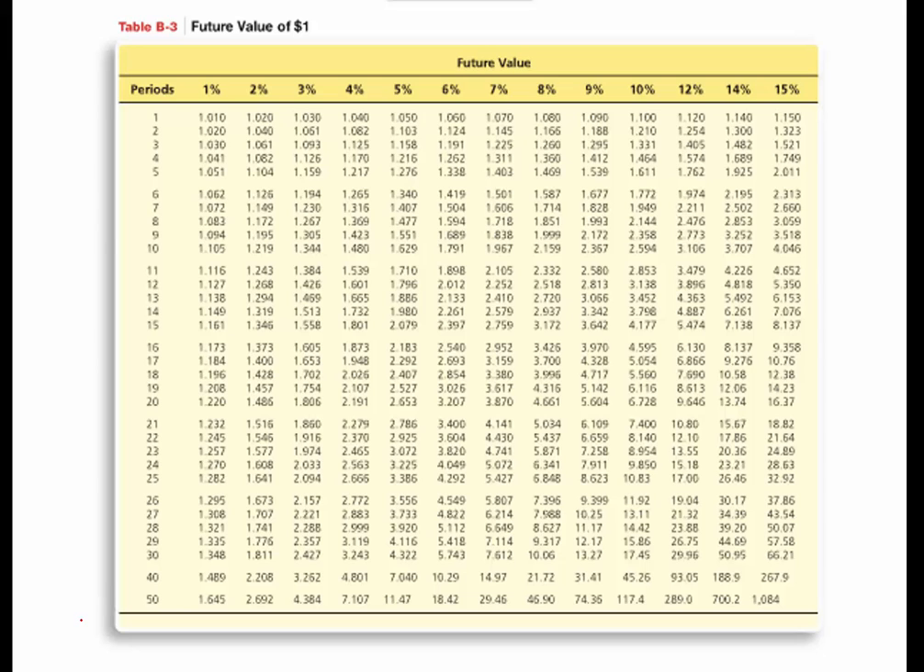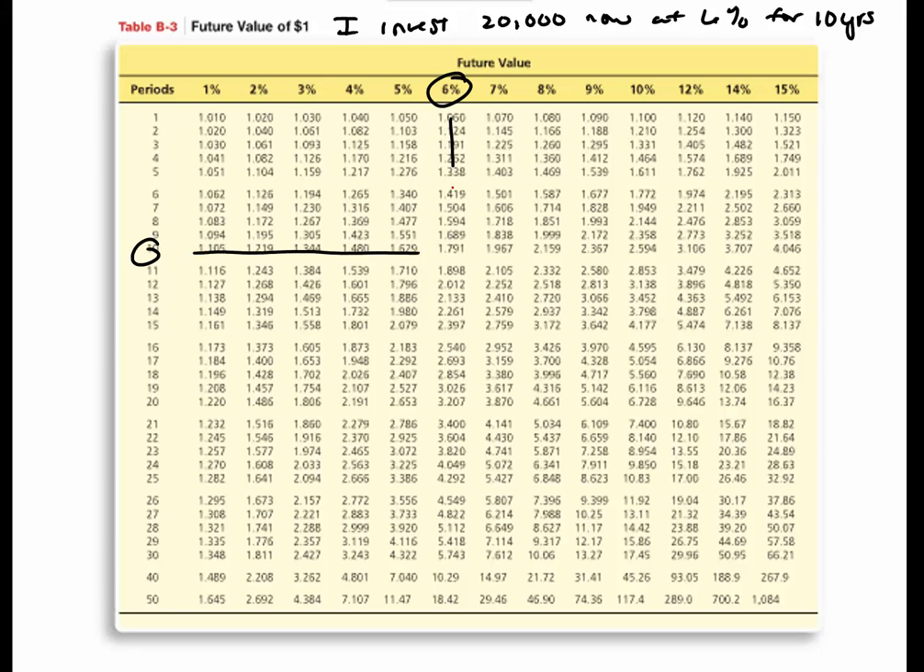The future value table, this one would answer: if I invest $20,000 now at 6%, and I let it sit there for 10 years, what would it be worth? So I take the 6%, and I would take the 10 years, and I follow that over here, and I get